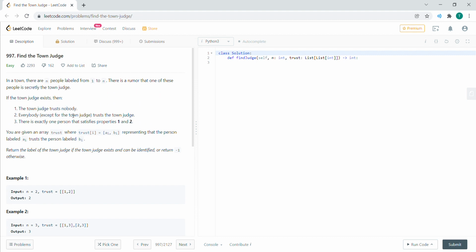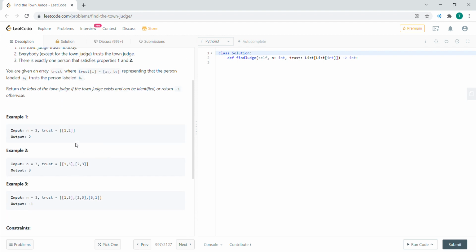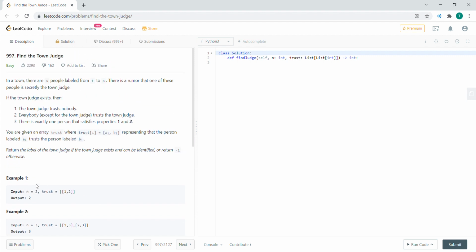Alright. So at the end of the day, we have a couple of approaches we could do. For instance, two hash maps: one to keep an array of people who trust other people, and then a dictionary of people who don't trust anybody. But that's kind of long-winded. We could just simply do an array